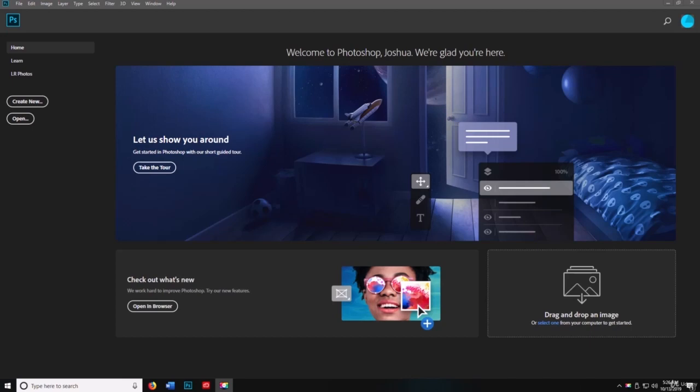But before I get started on that, just real quick, I want to talk about the splash page here, the welcome page. So you can take a tour, you can check out what's new, and you can drag and drop an image or select one from your computer to get started. Basically what that would do is start a project. If you click on Learn,